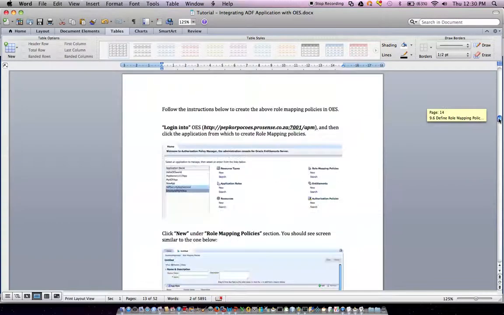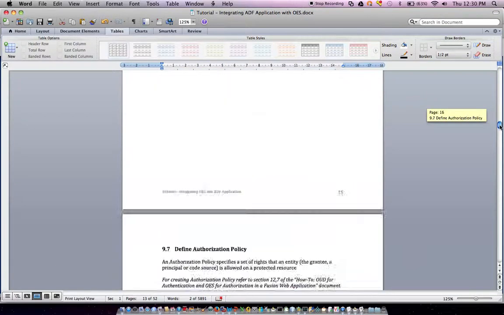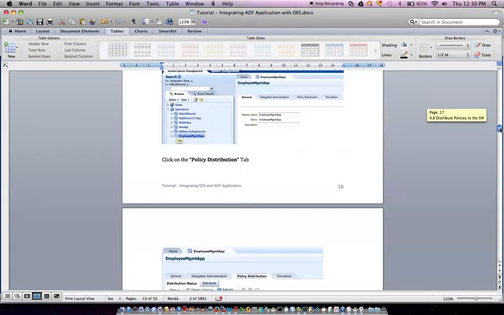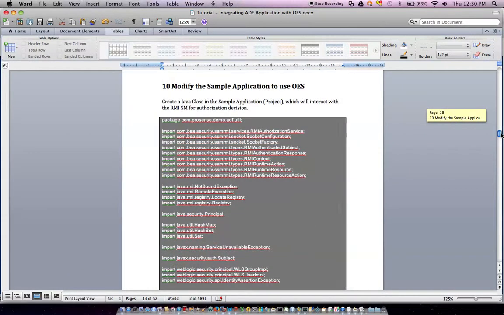All right. We will then attempt to modify the sample application to use OES for permission checks to give access to the management salary overview tab. To achieve this, we will first need to create 3 Java classes. The first one is the one called